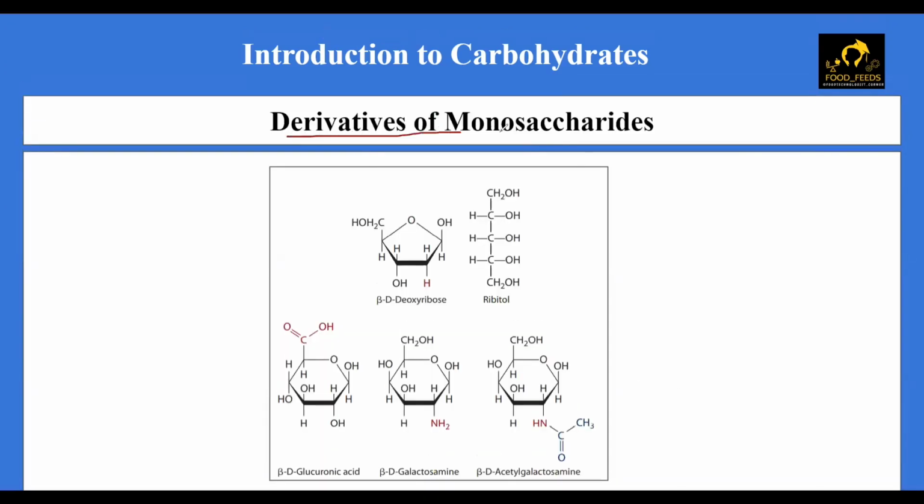So now we learn about the derivatives of monosaccharides. Monosaccharides in the cell will modify themselves in order to perform a specific function. For example, just now I told you that ribose will be modified by just reduction or deoxygenation, which will form deoxyribose or ribitol, which performs a specific function. These modifications of the monosaccharides in the cell are really essential to form larger molecules, and they even combine with other nutrients like, for example, proteins. Protein plus sugar will be formed for many of the metabolic activities. So one such example is